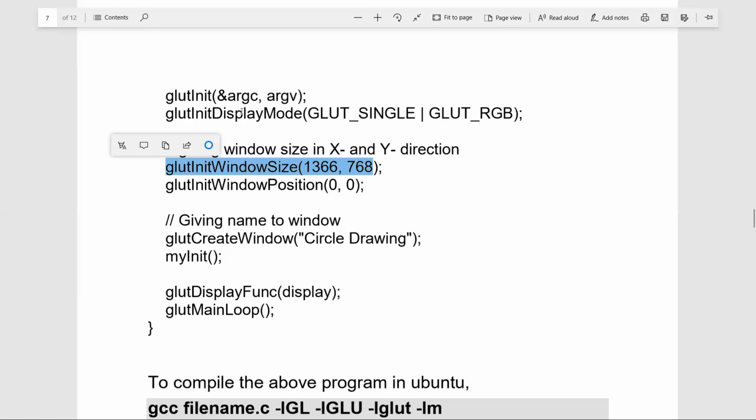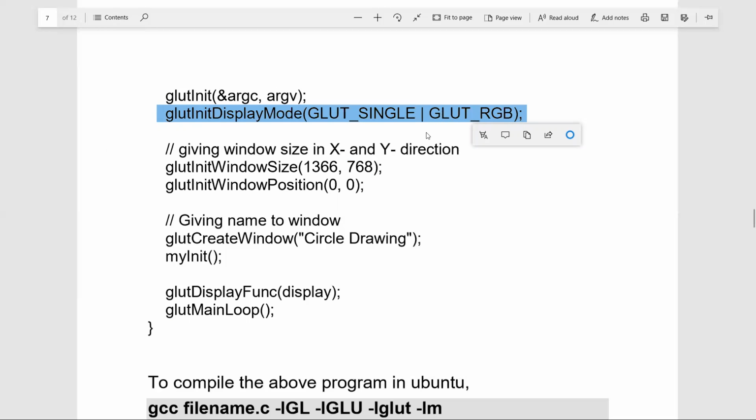I did not tell you about the second line that I have written in my main function, which talks about initialization of the display mode. This function glutInitDisplayMode contains ORing of parameters.